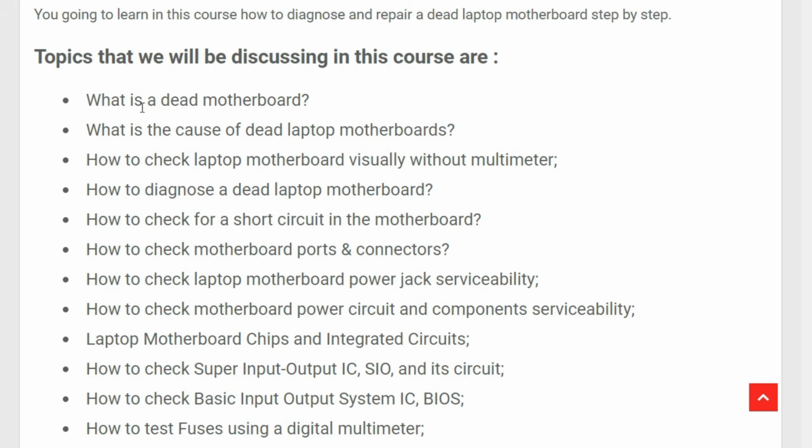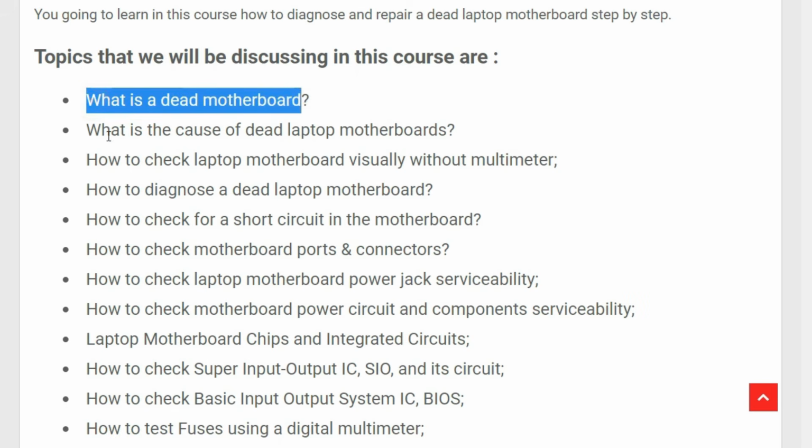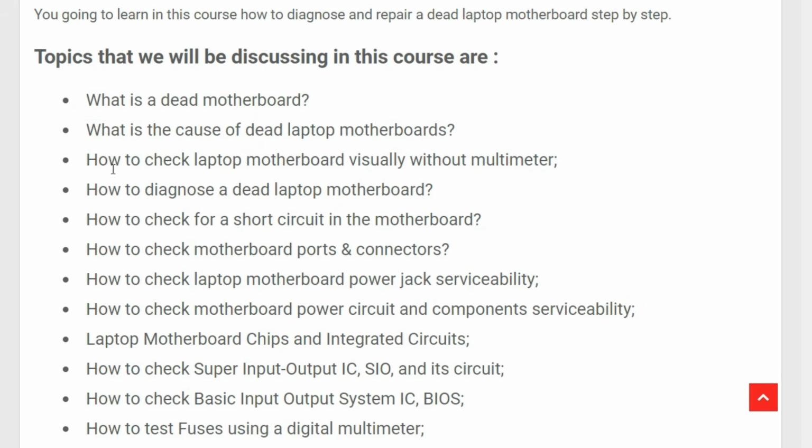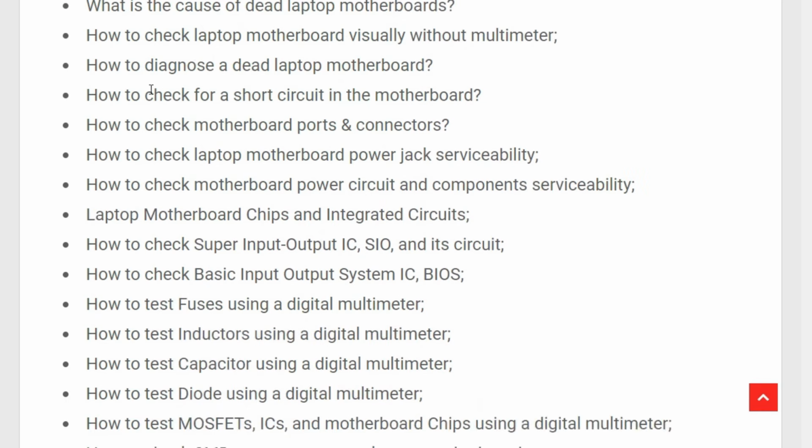We're going to see what a dead motherboard is. What is the cause of a dead laptop motherboard? We're going to see also how to check a laptop motherboard visually without a multimeter, how to diagnose a dead laptop motherboard, how to check for a short circuit in the motherboard, how to check motherboard ports and connectors, how to check laptop motherboard power jack serviceability, using of course the schematic, how to check motherboard power circuit and component serviceability,